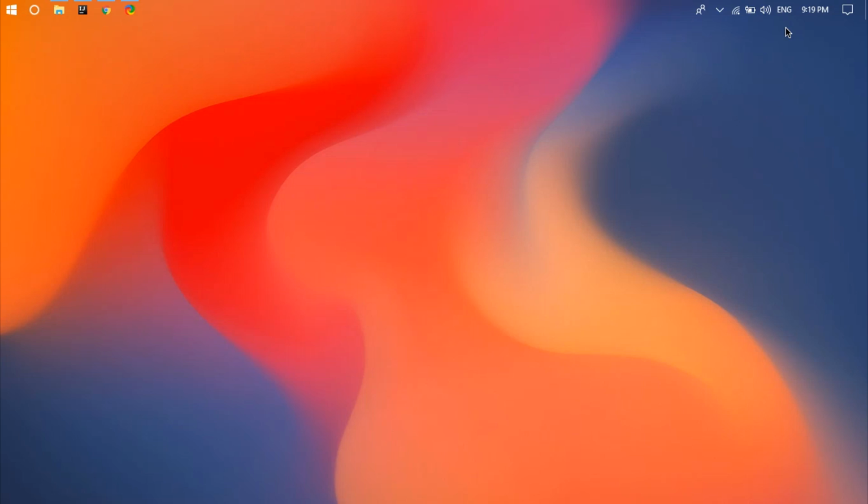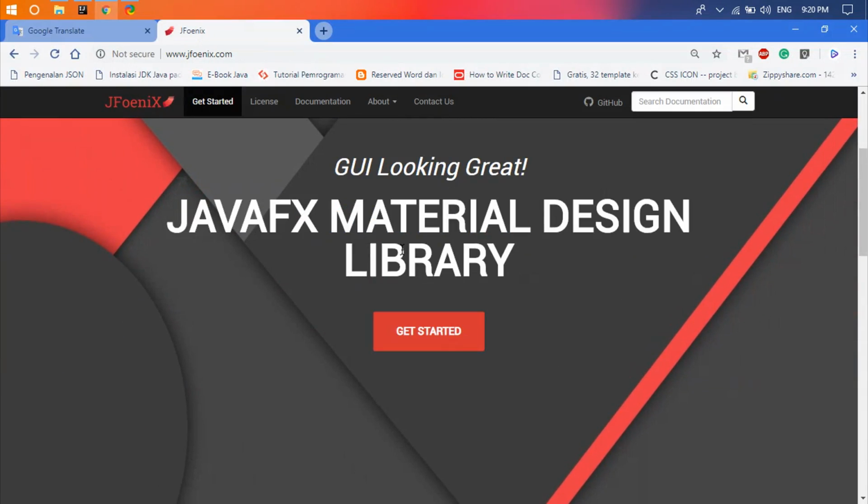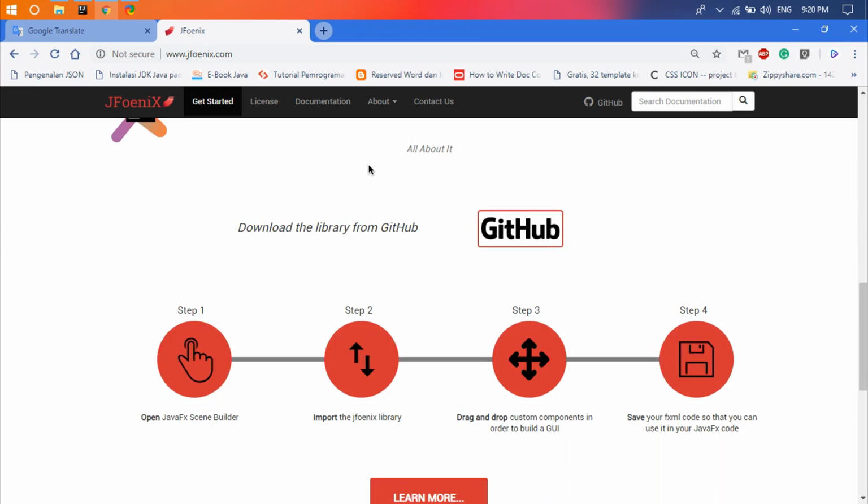Okay, so today we are gonna talk about something called JPhonics. Actually, I don't know how to pronounce this word. I just say JPhonics. What is JPhonics? From the website we can see JPhonics is Java FX Material Design Library. So with JPhonics we can make our GUI looking great from the tagline,